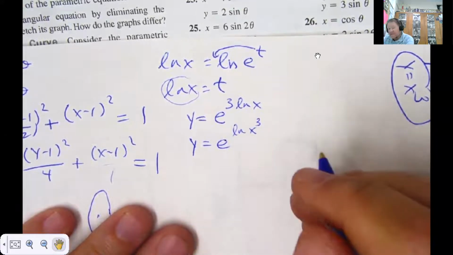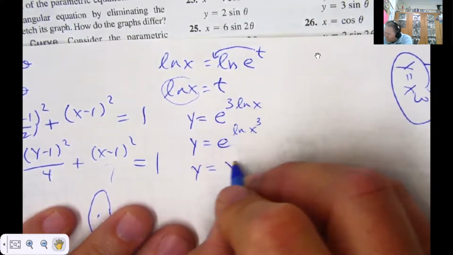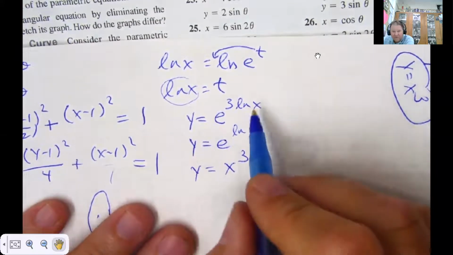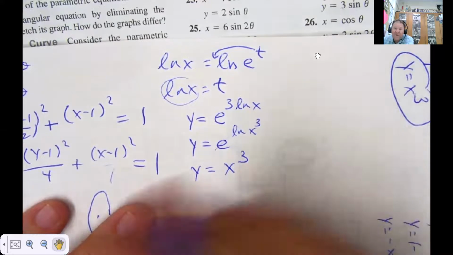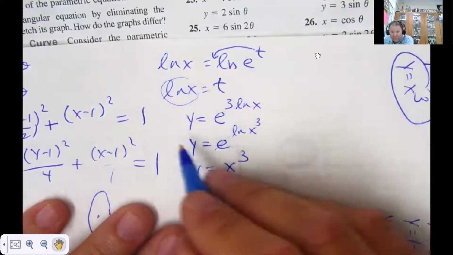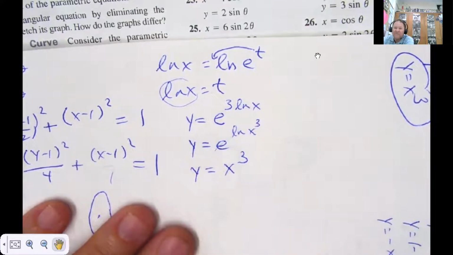And then I think it's called the inverse property. This would say that y equals x cubed. That just says when you have e, the e and the natural log both cancel. In reality, I could prove this is right by taking the natural log of both sides,